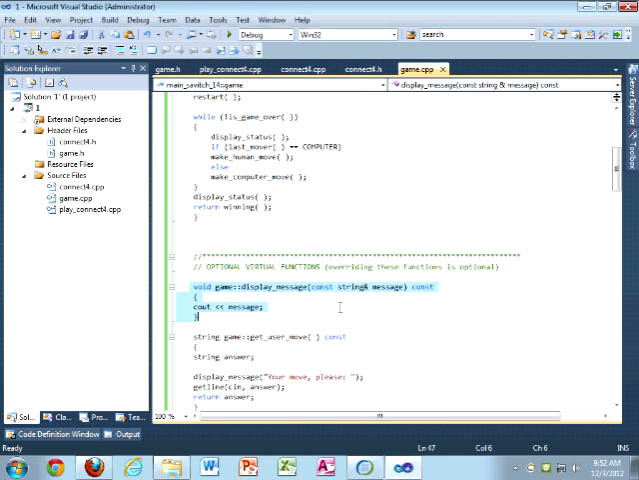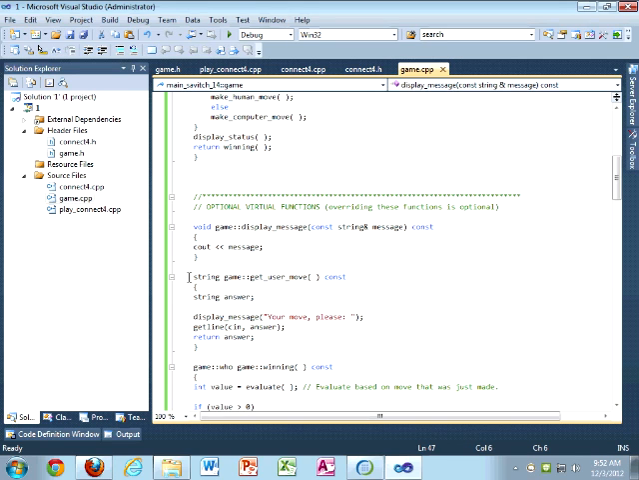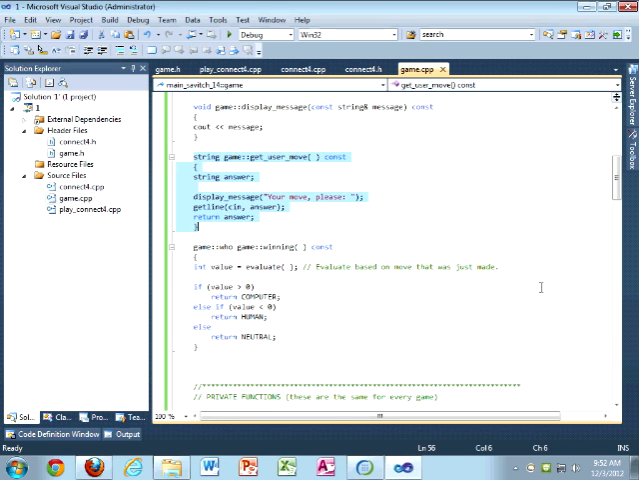Okay, there's the ones that you can override. The display message, default version just prints out whatever message you sent it. Okay. Get the user move. That's kind of a typical way of doing it. So unless you have some sort of a special thing, then you can just use this version. Winning is